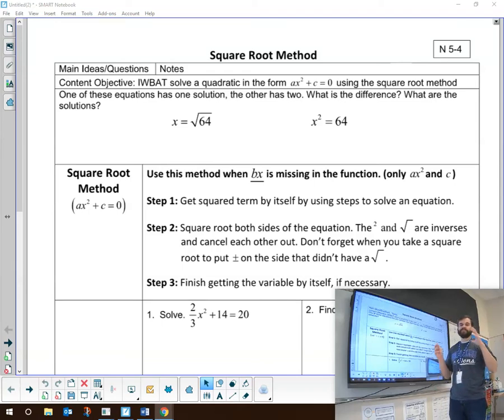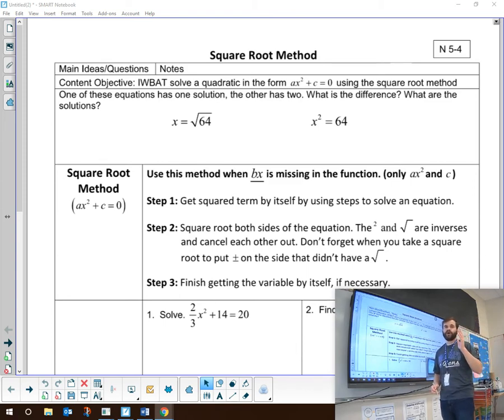Hey guys, today we're going backwards a little bit. We're going back to solving quadratic equations. You might be thinking we've already done that. You're right, we've already done it using factoring, but today we're learning about the square root method. There's actually 4 different ways to solve quadratic equations: by factoring, the square root method, completing the square, and the quadratic formula. So this is just our second way, but before we really begin, I want to talk to you